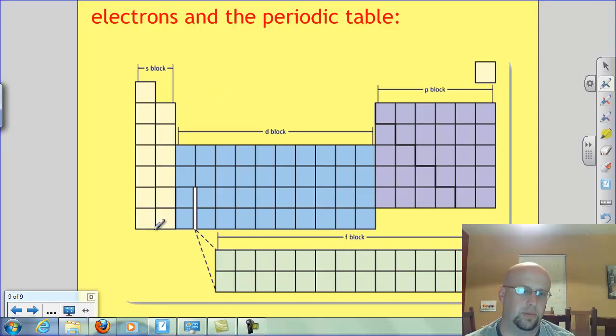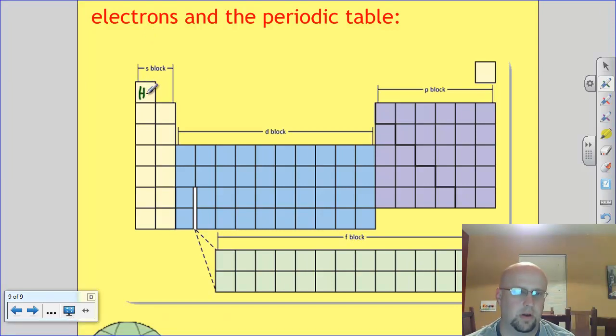The first 2 columns of the periodic table are what we call the S block. Now, why is it 2 columns? Okay, because remember, each one of these represents an element that has a certain mass number, okay? It's got a certain atomic number. And the atomic number tells us how many electrons. So 1, 2, okay, so helium sort of belongs over here. We'll talk about later why it's over here. It really should go right here, but we put it here because it reacts much more like these elements than